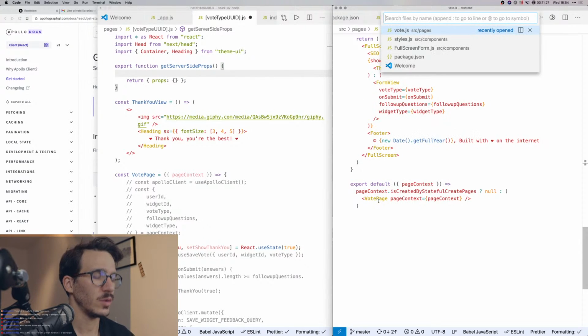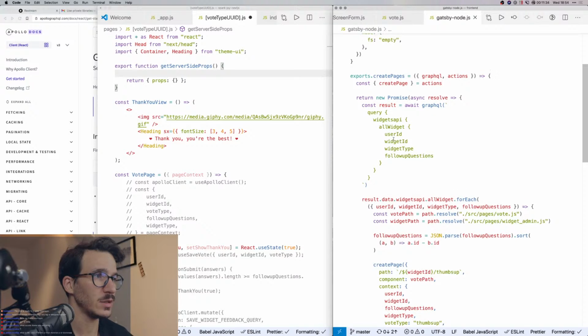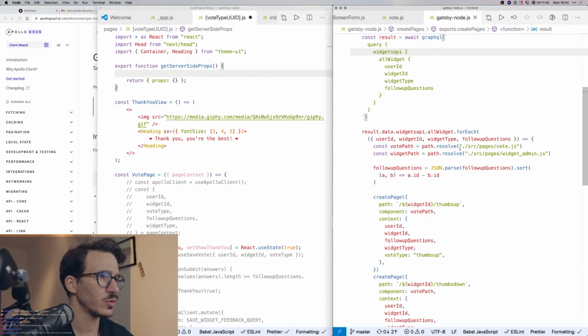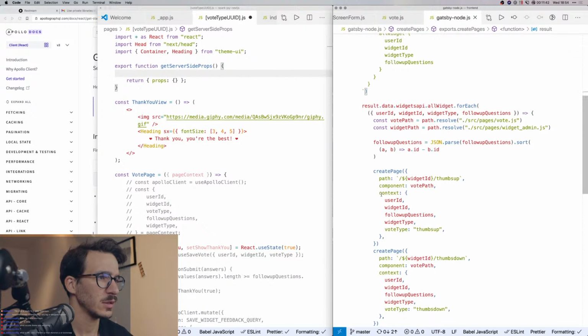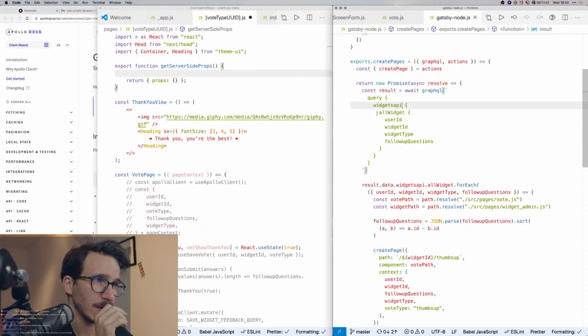So we're gonna go into gatsby-node, and this is where we are creating these pages. So this is the query we want. Widgets API, all widgets, source page vote.js. Where are we getting data for? Aha. Okay. So this is the query we need,